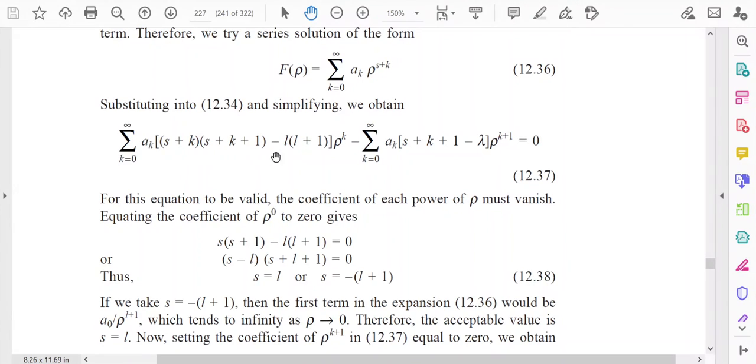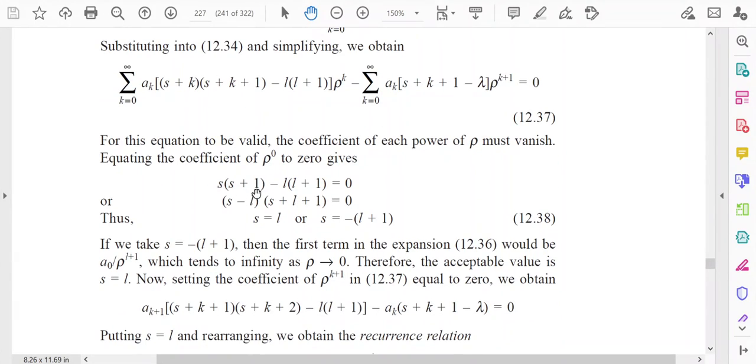So then from this expression we can say that s into s plus 1 minus l into l plus 1 is equal to 0. If you set k is equal to 0 here, the right hand side will be 0. So from this we can say that either s equal to l or s equal to minus of l plus 1. Now if we take s equal to minus of l plus 1, then the first term in the expansion